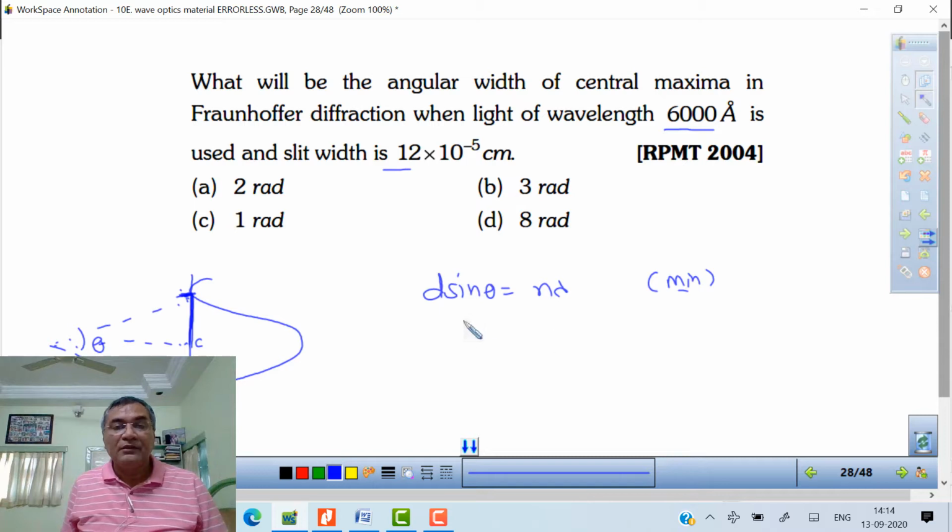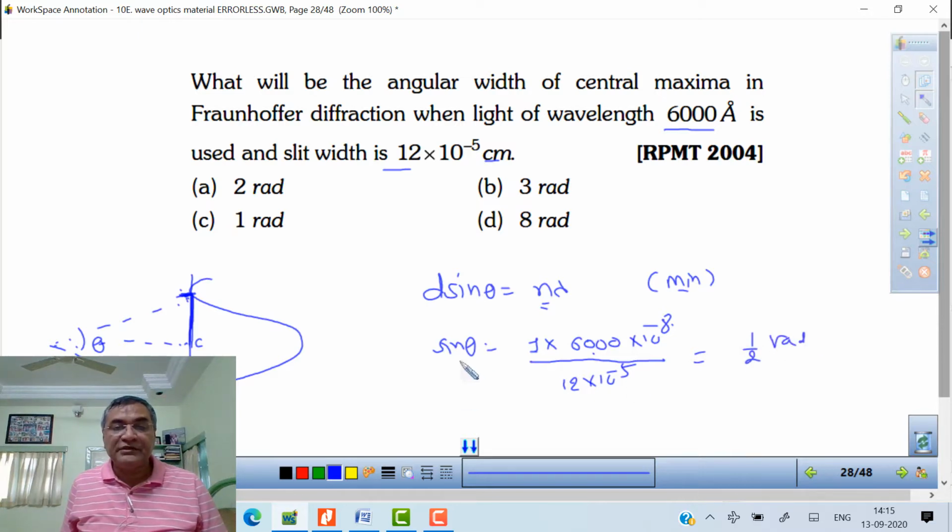Okay, so sin theta is equal to n, n is equal to 1, into lambda, which is 6000 angstrom. In centimeter, so I write in centimeter only, 6000 into 10 raised to minus 8 divided by small d. Small d is 12 into 10 raised to minus 5. So this comes out to be 1 by 2